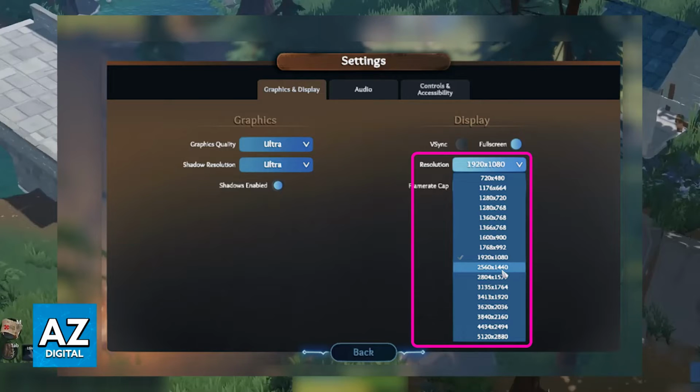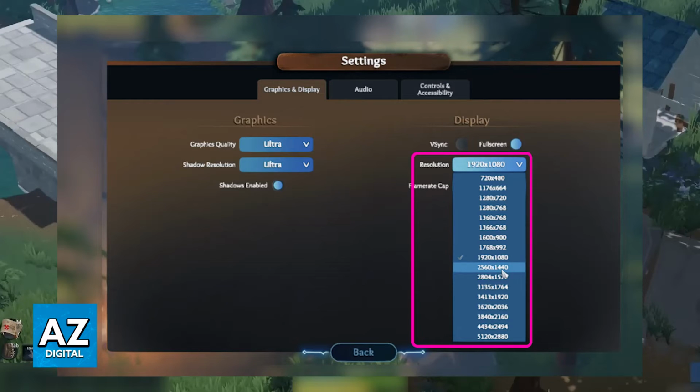Immediately upon clicking this option, you should see all of the resolutions natively supported by your monitor and the game, with the most popular ones included, such as 1080p, 1440p, or even 720p if you want to use a lower resolution to get more FPS. So this can be entirely done inside of the game. So change the resolution from here first, make sure to apply and see if it works. You will be able to revert the changes if for whatever reason the resolution seems broken.